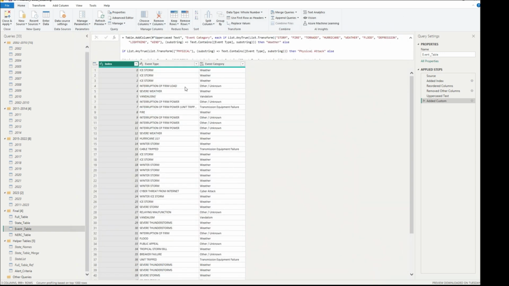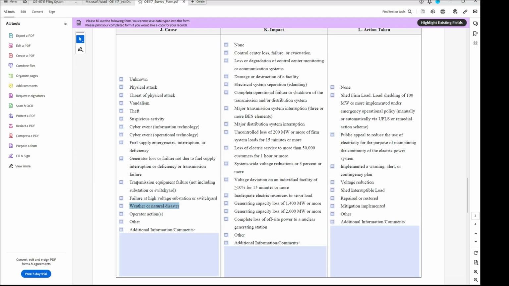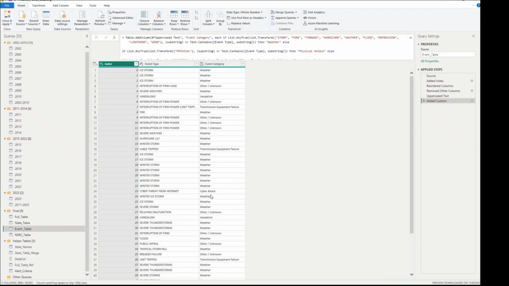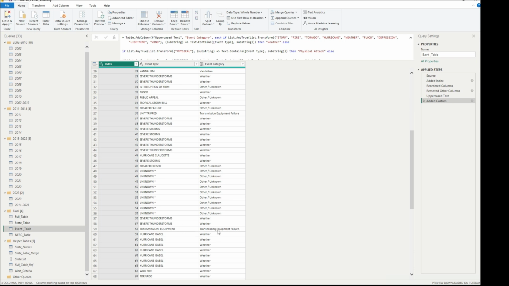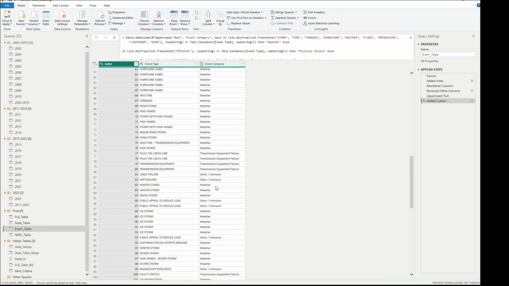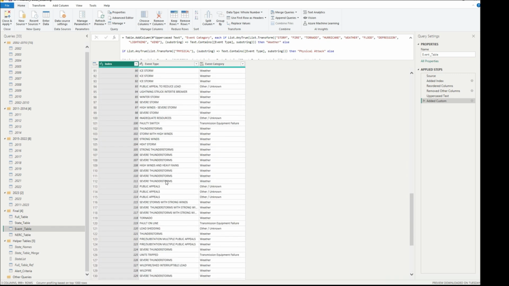conditions. And then what that's kind of returned here for me, this added conditional. So if you look here, we got ice storm, it's a weather issue, severe weather is weather, vandalism, fire is weather. Interruption of firm power, you could maybe consider this to be something related to transmission equipment failure, but you might want to review some of these where they're unknown and maybe attribute some of the words to one of the categories, maybe on review. Again, we're picking up lots of weather related items. Transmission equipment, it's transmission equipment failure, unknowns, there's unknowns. But yeah, so that's kind of my